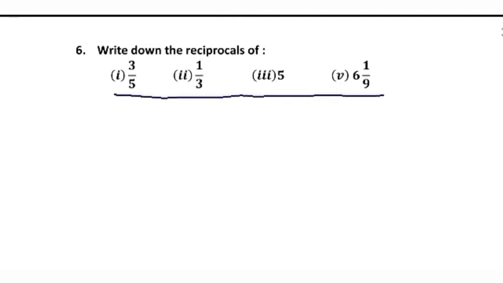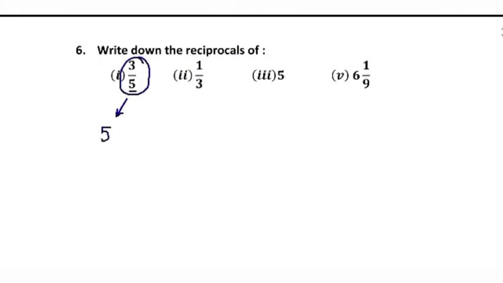Okay, they are asking for the reciprocal. What is reciprocal? As I explained to you in the fundamentals, reciprocal is the fraction in which numerator becomes denominator and denominator becomes numerator. For example, this is a fraction. When we write its reciprocal, this denominator will become numerator and this numerator will become denominator. So 3 upon 5 का reciprocal क्या होगा? 5 upon 3. Similarly, reciprocal of 1 upon 3 will be 3 upon 1, or 3 upon 1 can be written as 3.